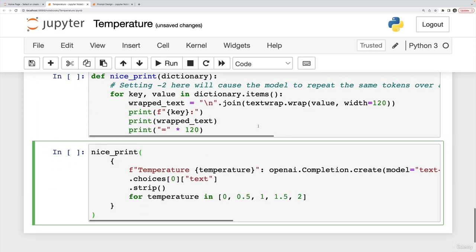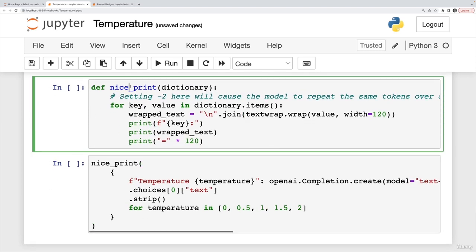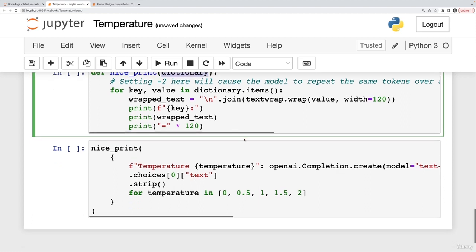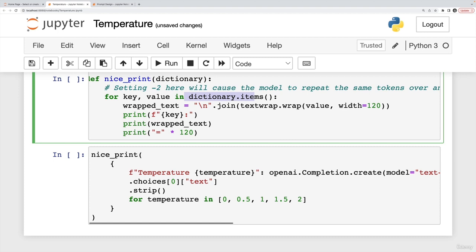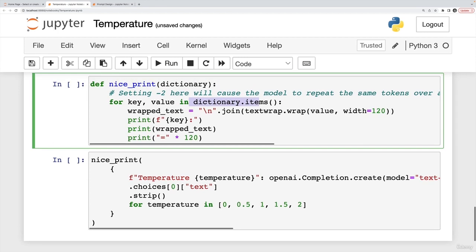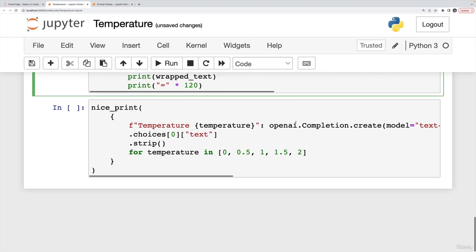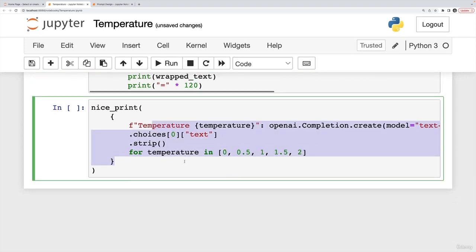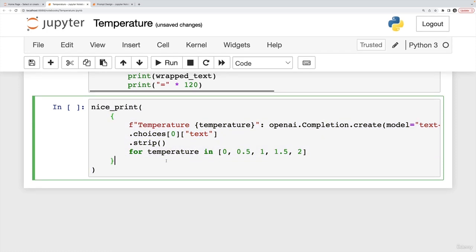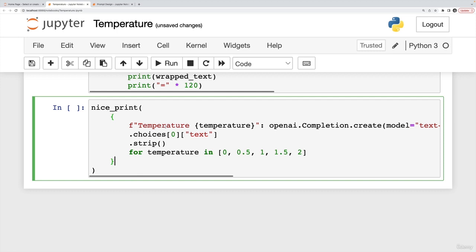Okay, so I have a quick demo here. This function called nicePrint expects a dictionary. And what it will do is for every element in that dictionary, it's going to basically print out a nicely formatted output where it's just easier to look at. So here is me calling this nicePrint function with a dictionary. And what I'm doing here is making an API call, basically,